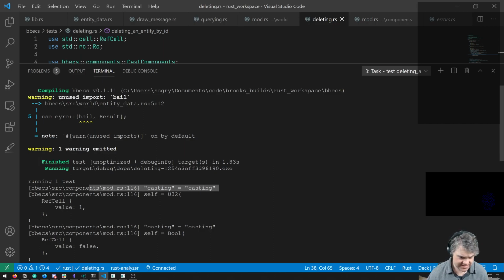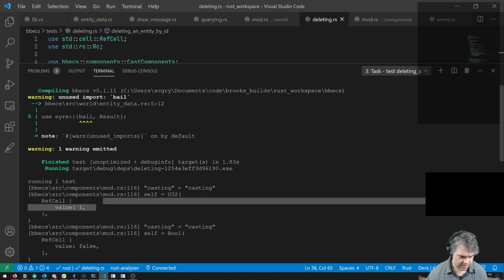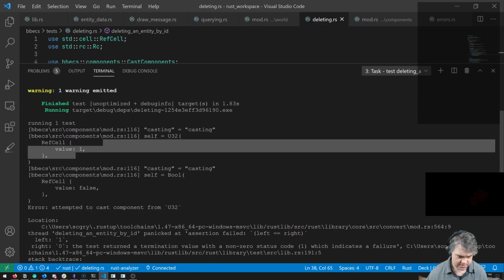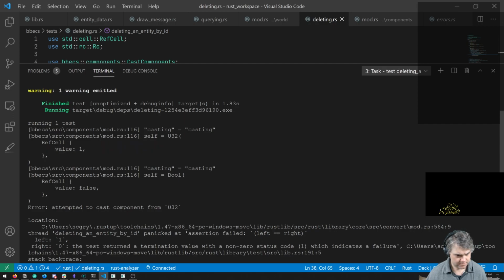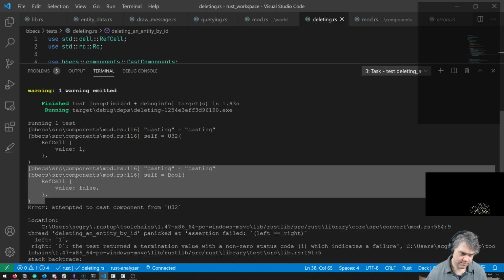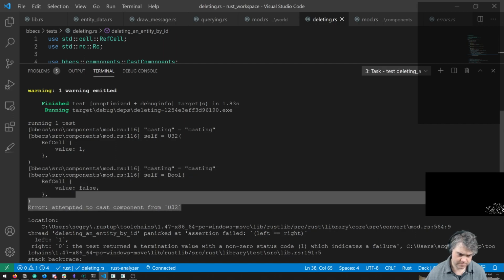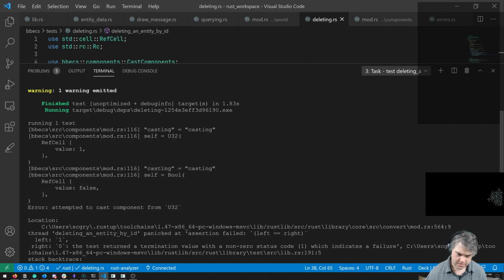Okay, so here's the casting debug. Self equals U32, RefCell value 1. Why do I have a bool here?